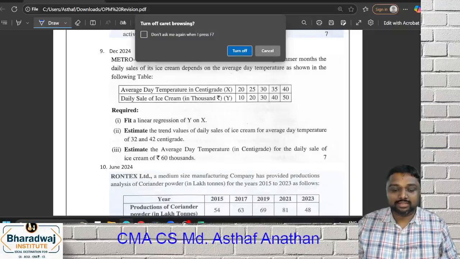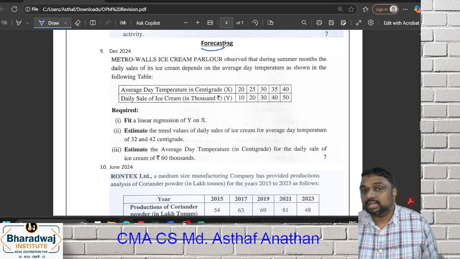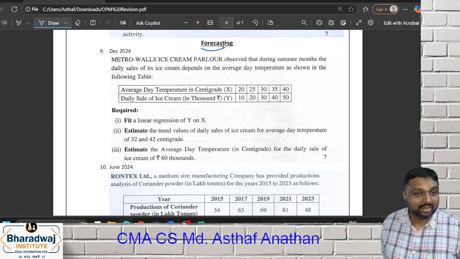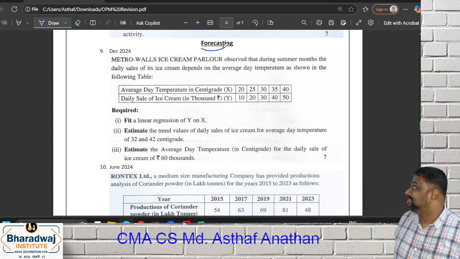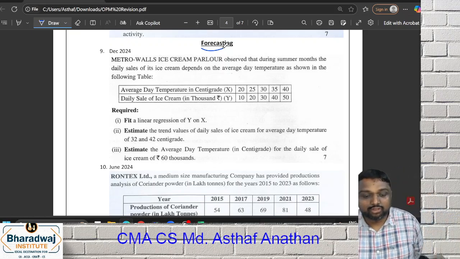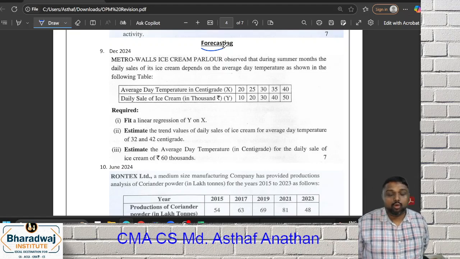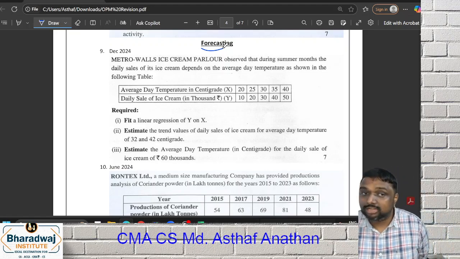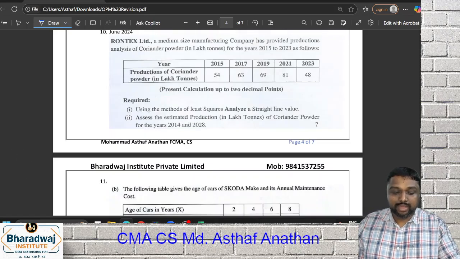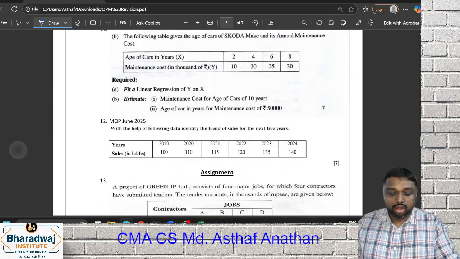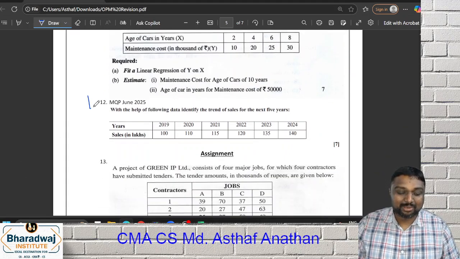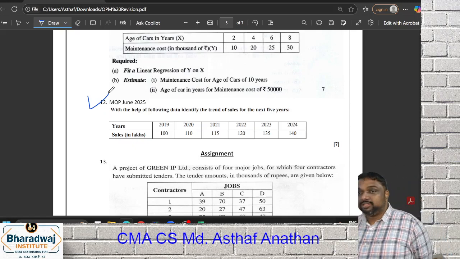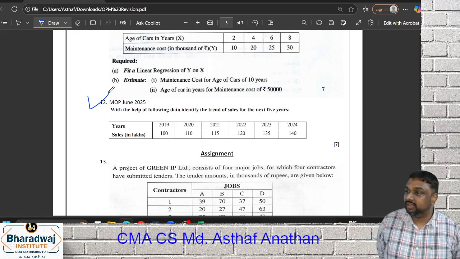Now, my dear friends, we'll move to forecasting. This forecasting chapter is always 7 marks. Your first OPM question will be forecasting. If you are strong here, you can do all the questions. It will go from base to advanced questions. We'll start from a very base question, which is in your MQP, and we can do it very fast. Once you've done the base question, the advanced question will be very easy for us.